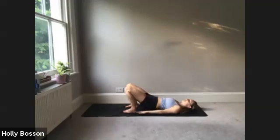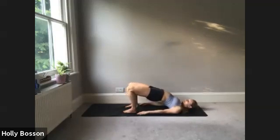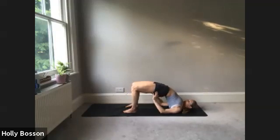As you inhale, squeeze the bottom and start to push the hips up toward the ceiling. If you want to, you can walk a little bit up onto the shoulders more, and then really just keep actively pressing those hip flexors up, pushing the chest toward your chin. Breathing for 3, 2,